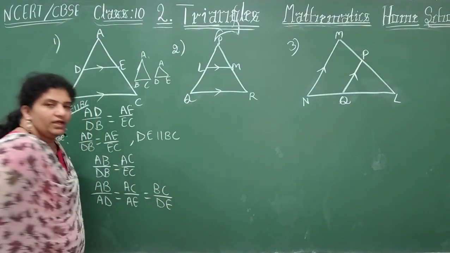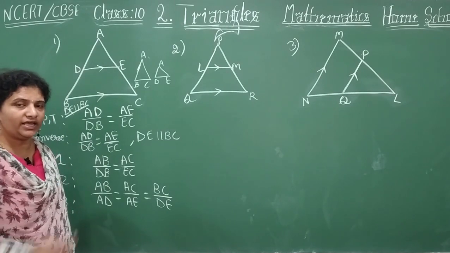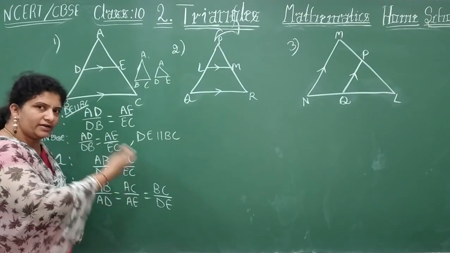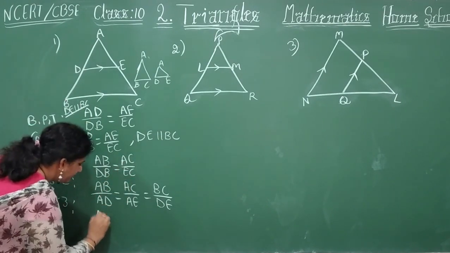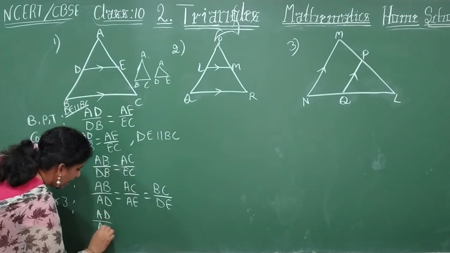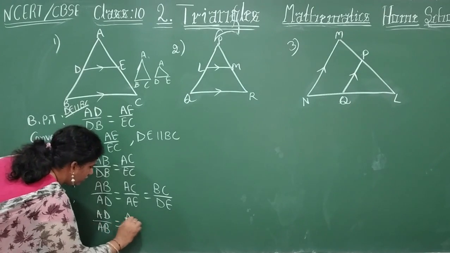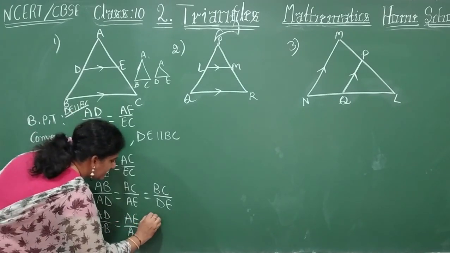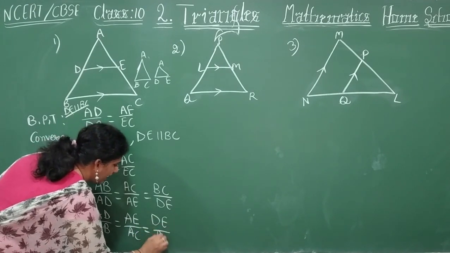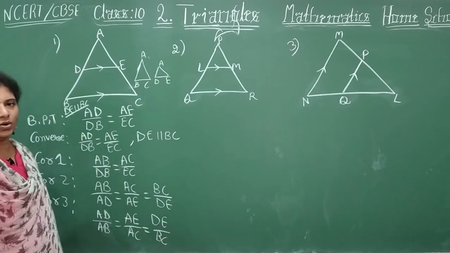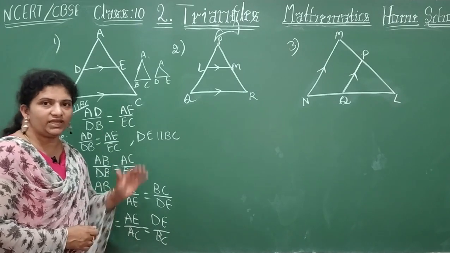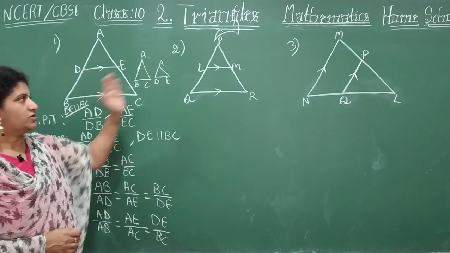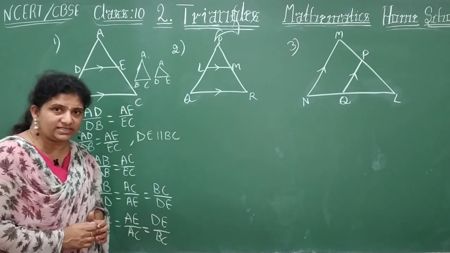So now coming to your third corollary, just a reciprocal of the second corollary, all right, in reverse order. That is AD by AB is equal to AE by AC, and that is equal to DE by BC. Okay, this is the way we need to identify all these in a single figure. So now let's take one more example.